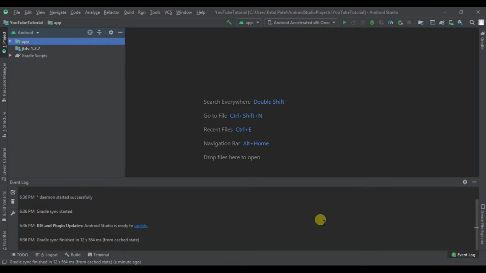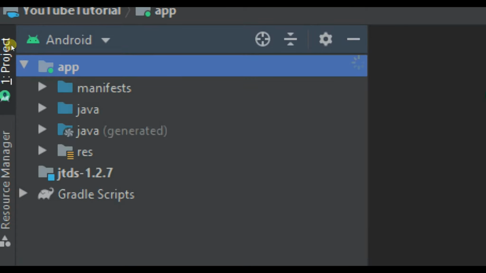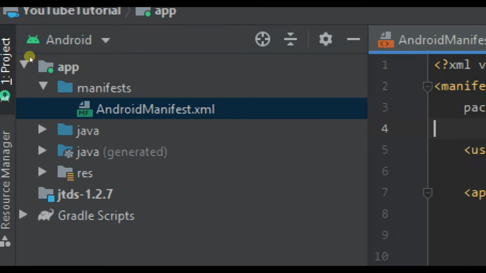So here I am in Android Studio. In the previous video we created a login page, and for now we are going to keep the session for that. So in the main activity we are going to check that if the user is not logged in, then he needs to log in. So first of all, go to your Android manifest file,